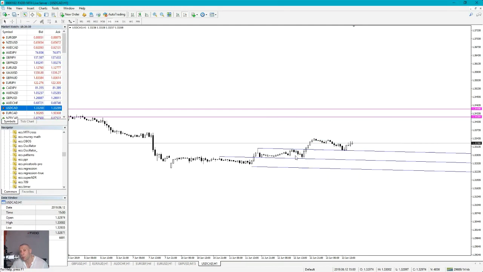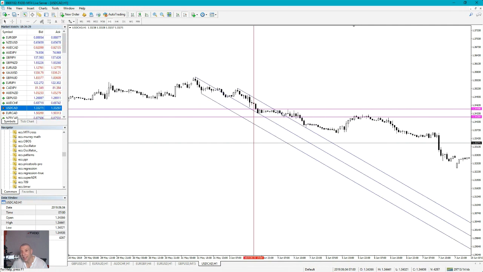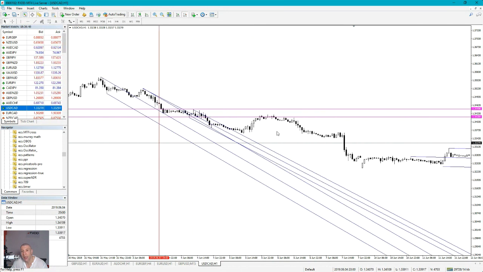But you can also exploit breakouts from Andrews Pitchfork if you are into channel trading, like I showed you. For example, here is another example, Andrews Pitchfork, point 1, point 2, point 3, you see? And the price broke and then continued. When this happens, guys, as I already told you, you make another pitchfork. Again, point 1, point 2, point 3. And you see, every time the price breaks out, you can realign it. Very subjective. Because of that, I'm not using it. For me, the indicator that draws it automatically is much better.